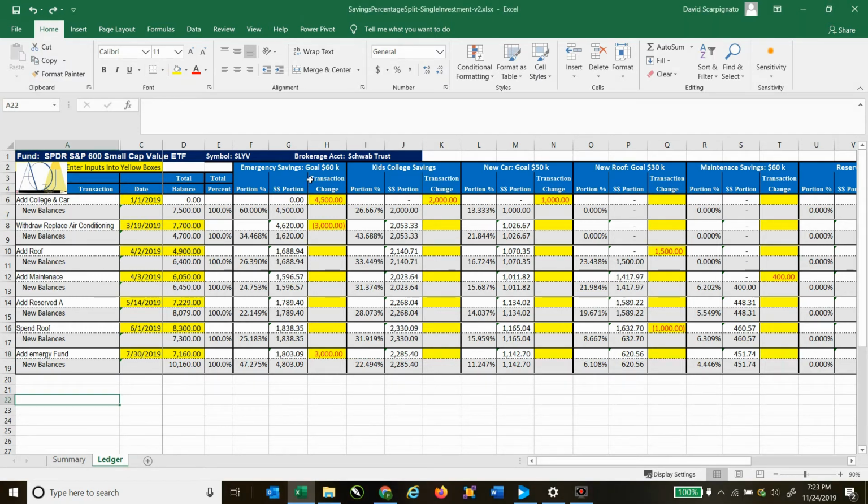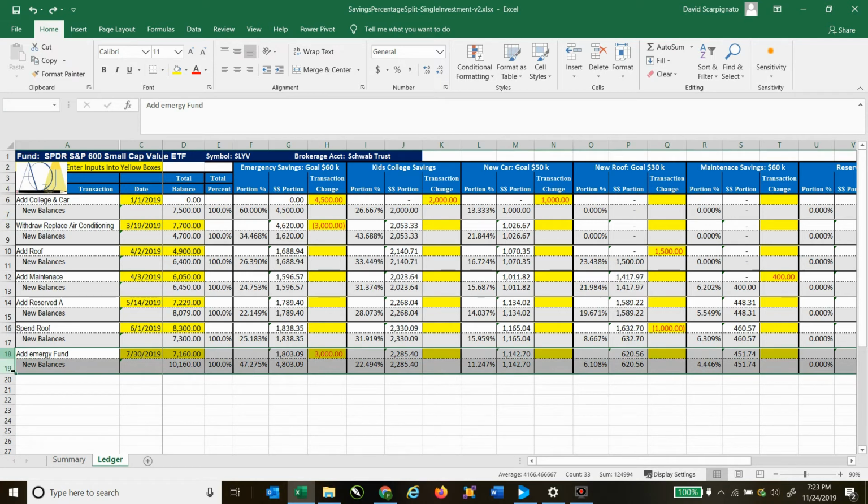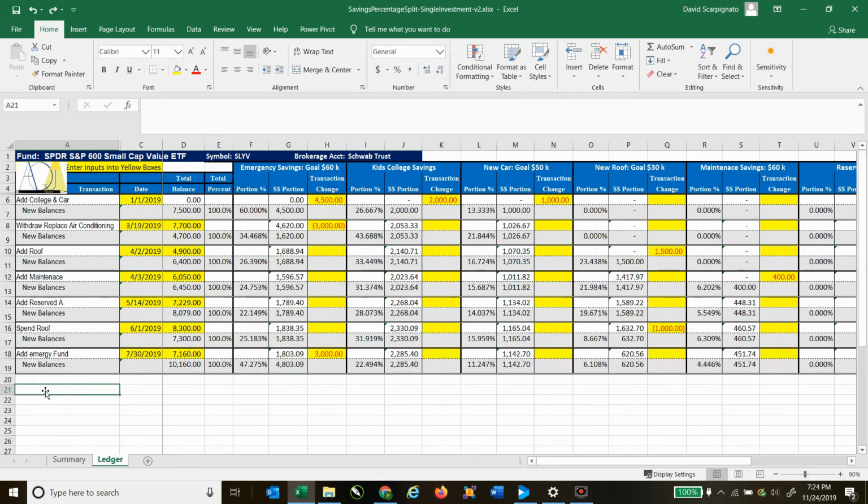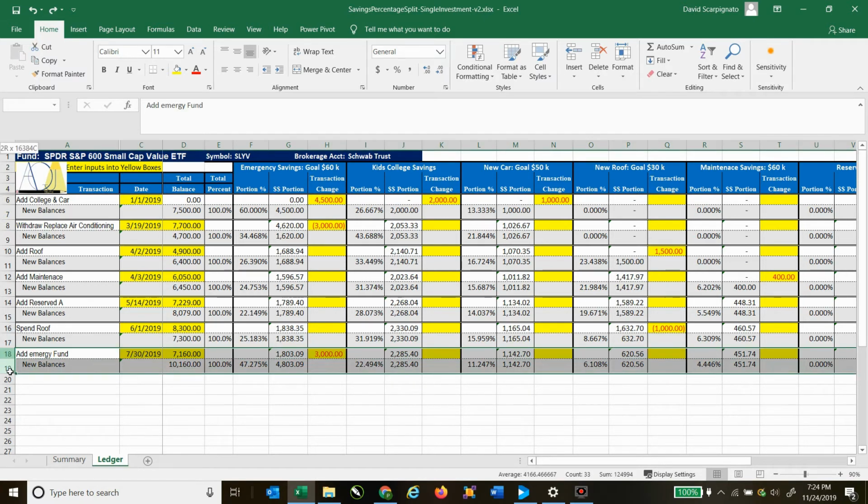Okay, so now we have the entire ledger filled out to the bottom row. In this case, it's row 18 and 19. But you're actually better off always leaving one row blank so it's easier to copy. But let's say you filled it out to all these rows. How would you add the next entry? You simply click on the 18 and drag down to the 19, select those last two rows, and then right click